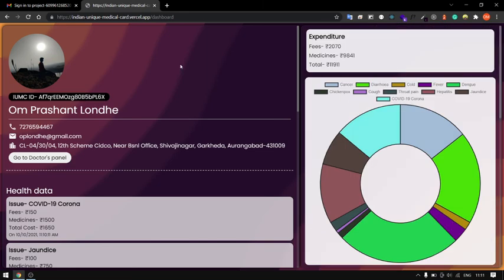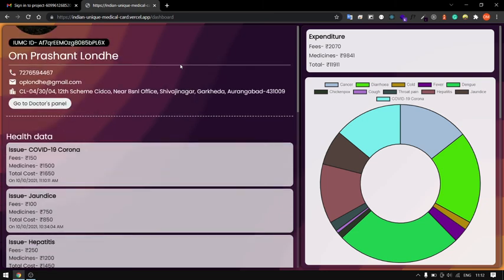So this is about it. This is an initiative to make the whole medical process online. So it is a centralized process. If an administrative panel is created for this particular platform and given to the government, the government can take insights about what diseases people are prone to, or how much money citizens are spending on a particular disease. So this is a platform which I have developed for this hackathon, and that is about it. Thank you very much.